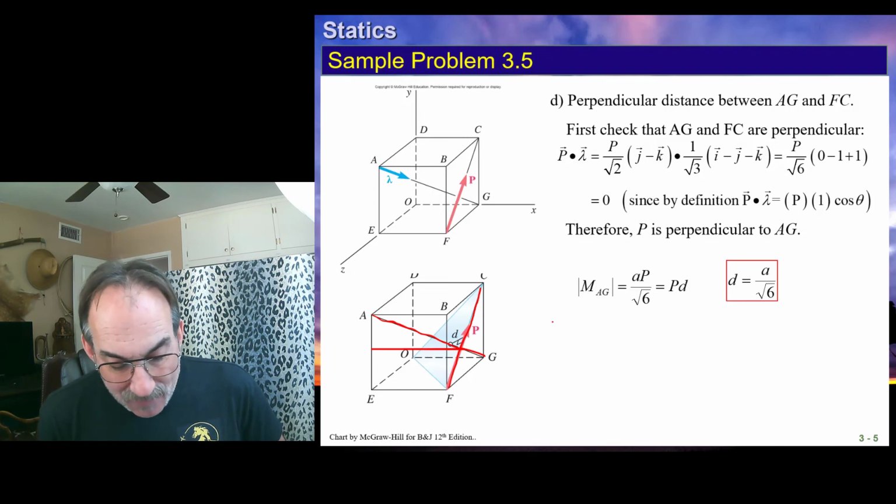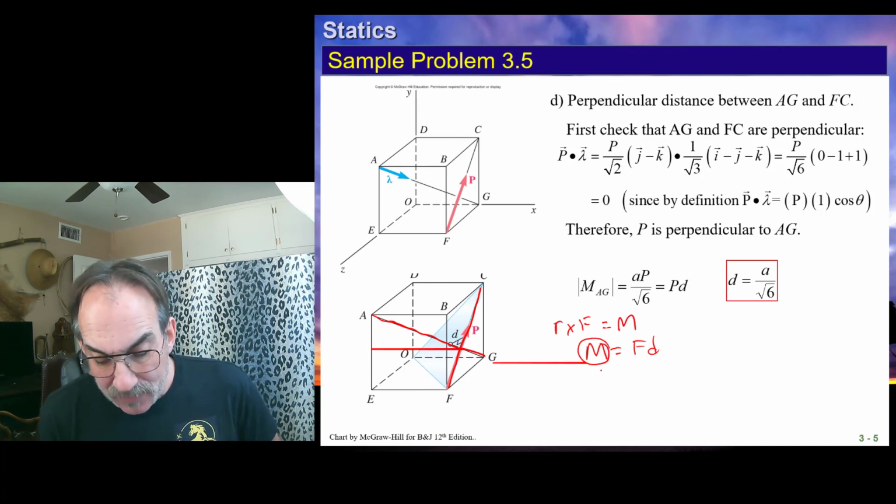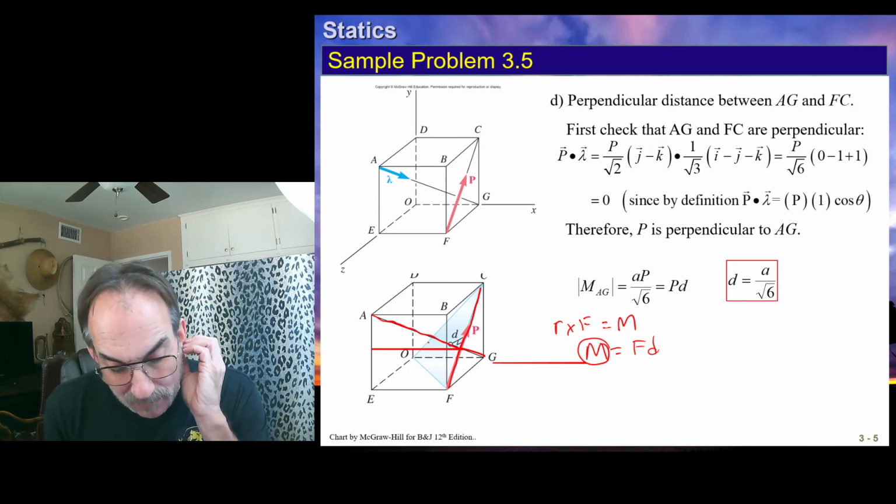Remember, R cross F is equal to a moment, and the magnitude of the moment is equal to the force times the perpendicular distance. Therefore, if we have a moment and we divide it by the force,